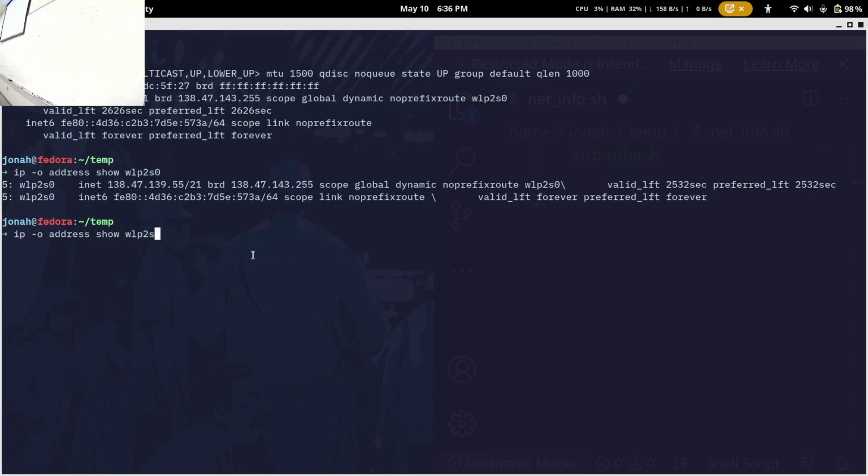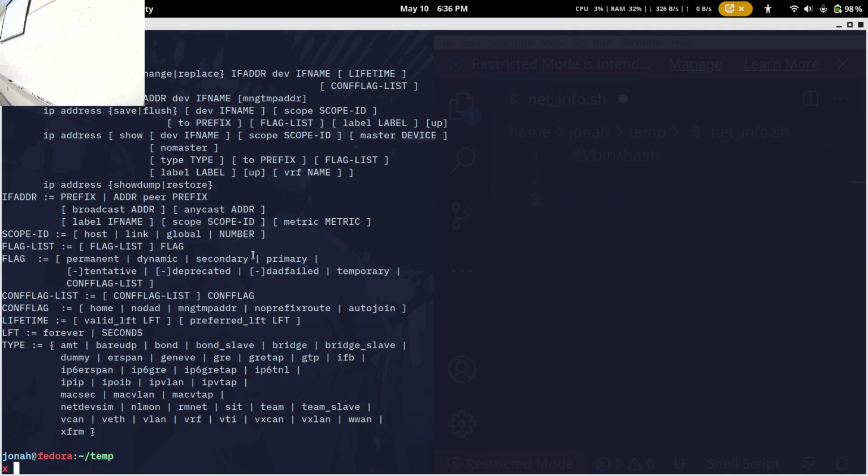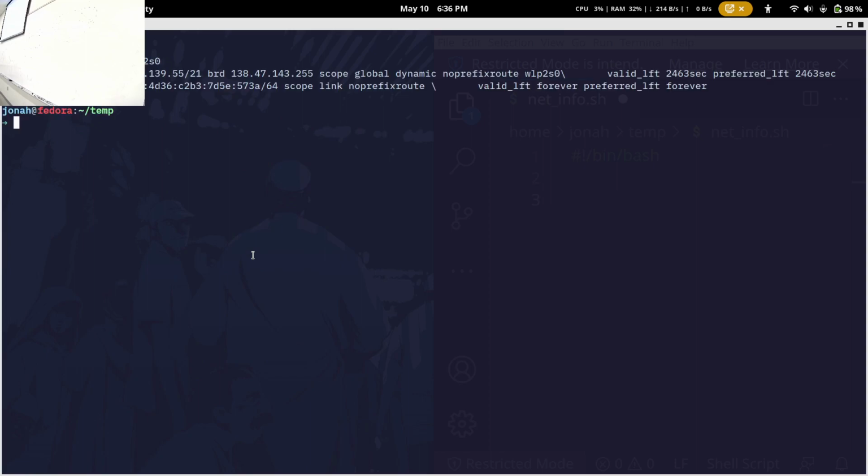A lot of times, if you don't know all of the flags you can use for a command, you can do -H. Oops. This is an example where you can't do that. That's convenient. Okay. So, we got it all on one line. Let's see if we can grab the IP address. So I'm going to use a regular expression.